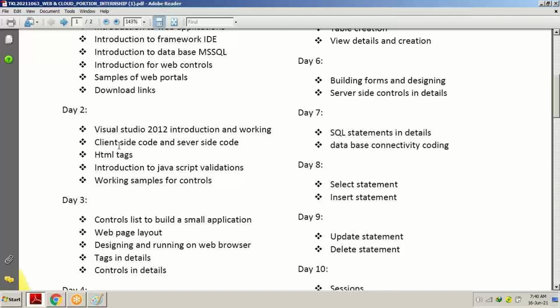So first of all, I would like to start from the second point: client-side code and server-side code, HTML tags, and introduction to JavaScript validation. Remember, Java is a language, and JavaScript is a completely different language.